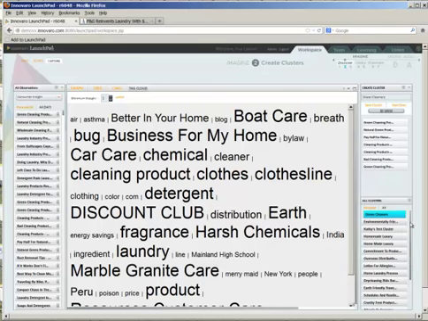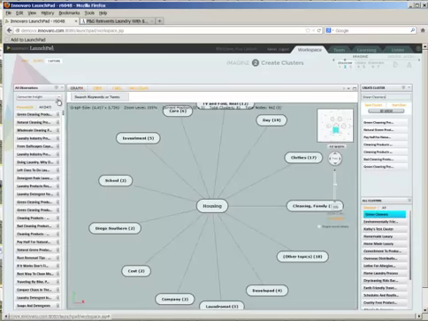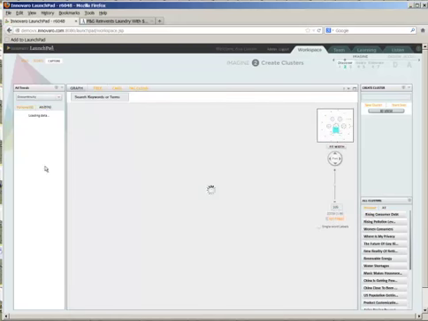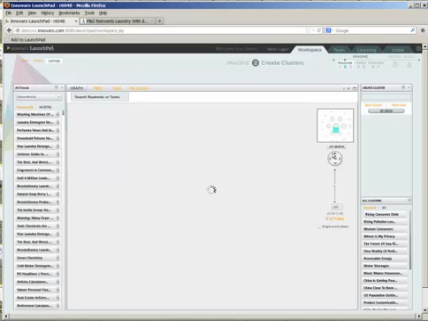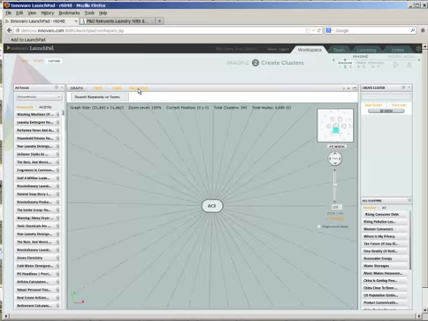And what they did was they created a set of clusters from their own information that was important relative to that. So you can see that was consumer insights, discontinuities. Discontinuities was, I think, a pretty substantial number. There were 976 items in discontinuities. And what it's doing now is it's actually drawing out the graph in that, so you can see it in graph view. You also can look at that in tag cloud or card or tree view as well. So you can look at each one of the lenses separately.